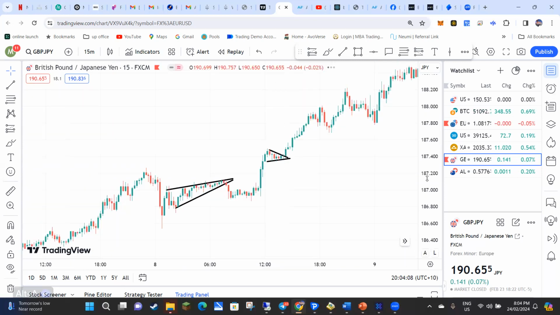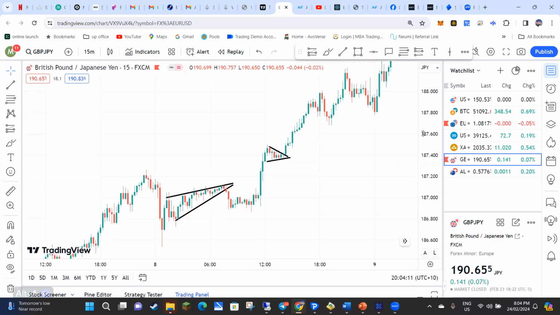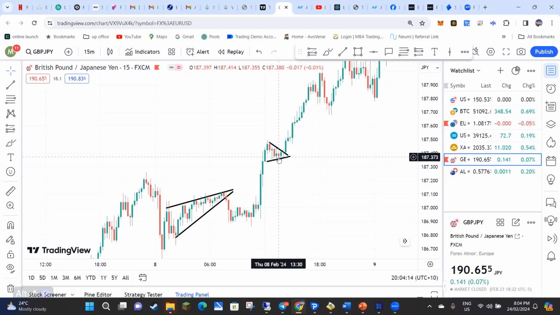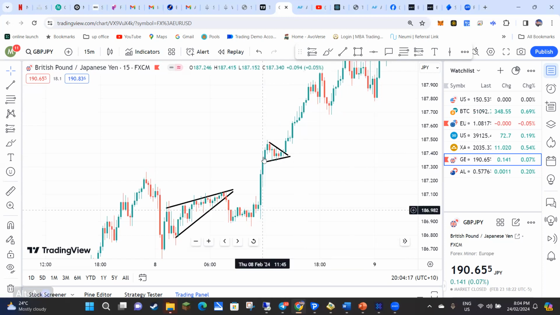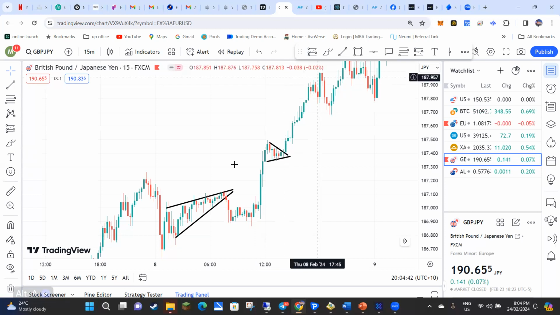So this one here is just another flag, or if the other ones were flags, these ones here, because they form a triangle at the top of a flagpole, they call them pennants. So same thing though, really. It comes up and it's getting squished into the apex. But because we've got a pole going up, squished into the apex, mostly it's going to break to the top on these ones. They're just really good ones. They still wait for the breakout, but